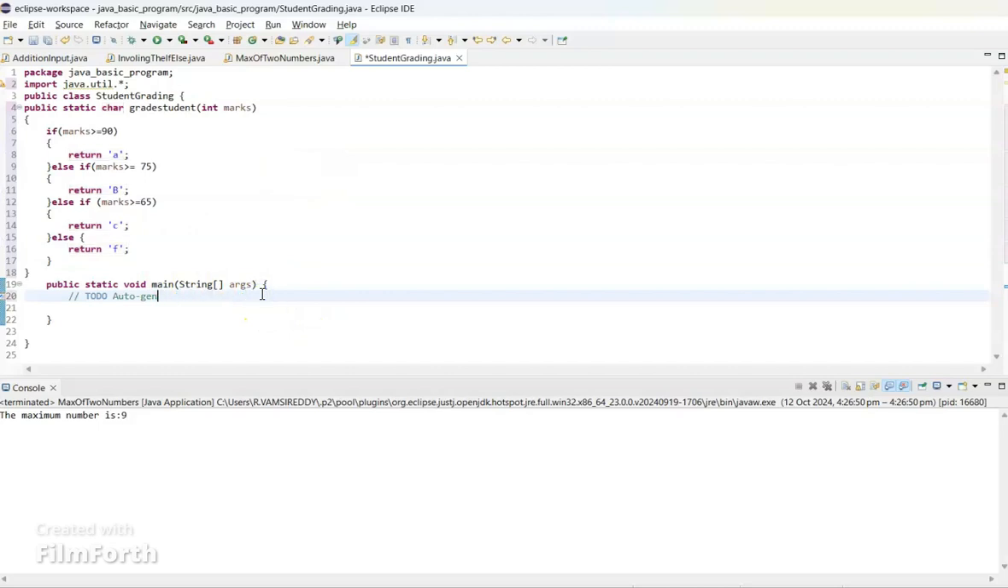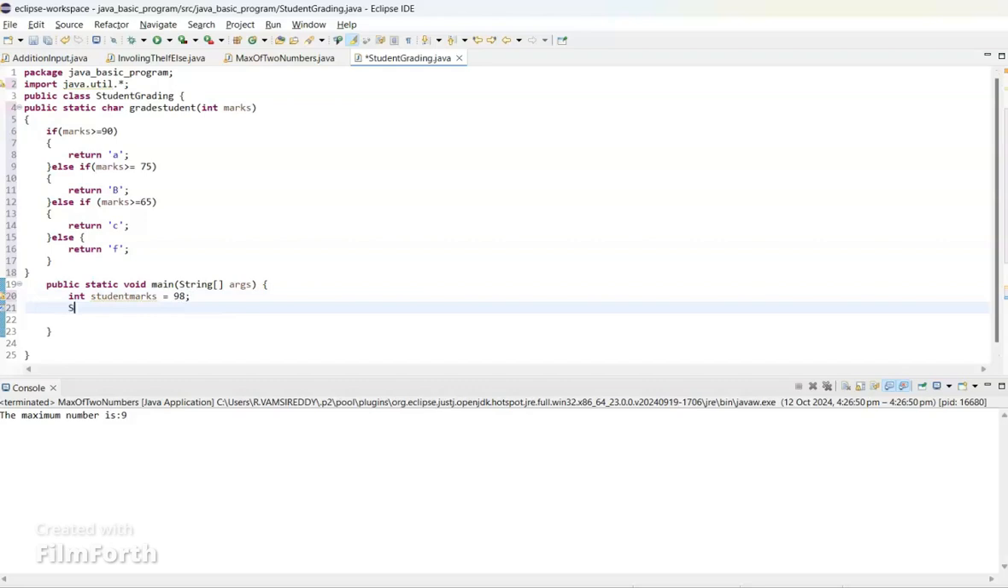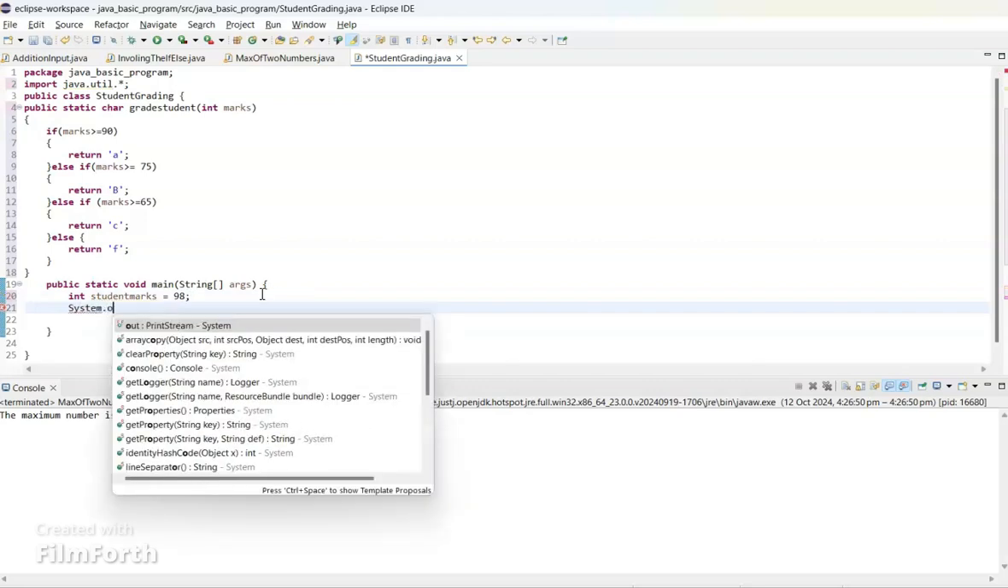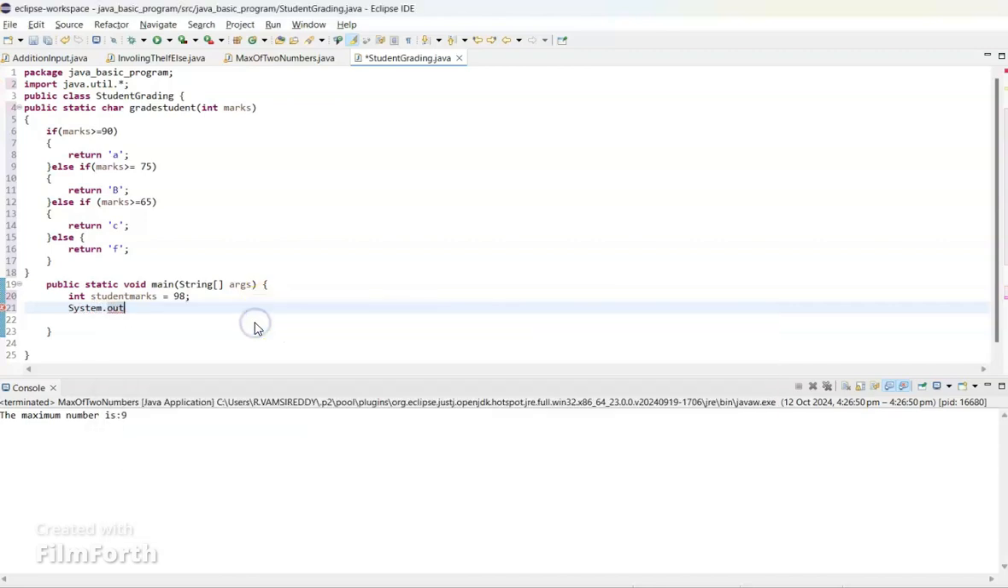So again I will go to the main method. In main method, okay, I will give int student marks. Student marks I need to give. So I'll give int student marks is equals to, how much can I give? I'll give 98. Now I need to give the output statement, that is system dot out dot